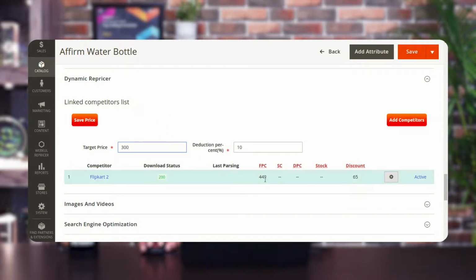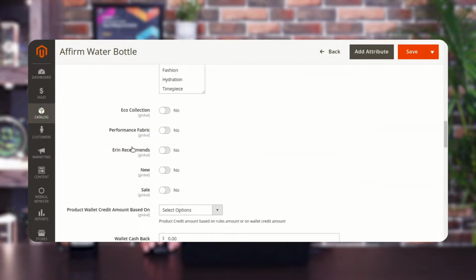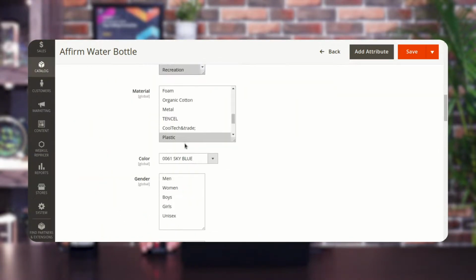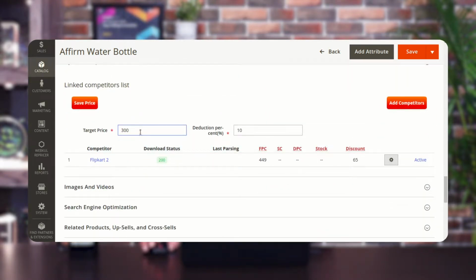Otherwise, if after applying the deduction percentage on the lowest price of the competitor website for the product, the price is higher than the target price, then that particular price would be applied to the product, and the price of the product would be changed thereafter. So now let me show you how this works. For right now, I've set the target price as 300 and the deduction percentage as 10%. So let me tap here on the save price,